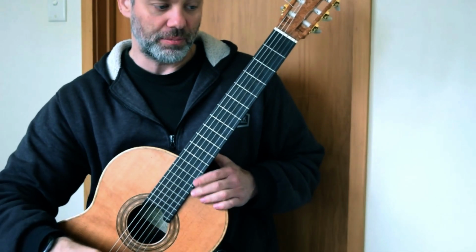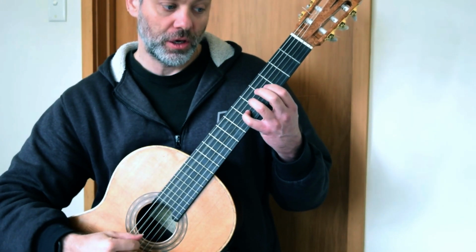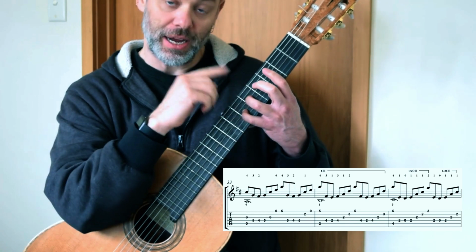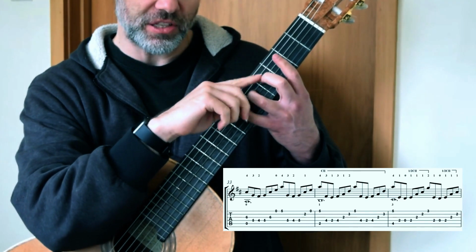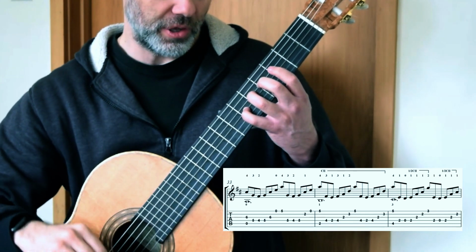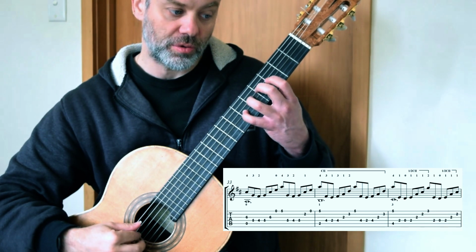Right, let's look at my fingering. So I've left it off here with the 4th finger, open A. I'm using 3, 2, 3, and again I am making a conscious choice to leave this voice on string 4 again, as per the last microstudy. 3, 2, 3,